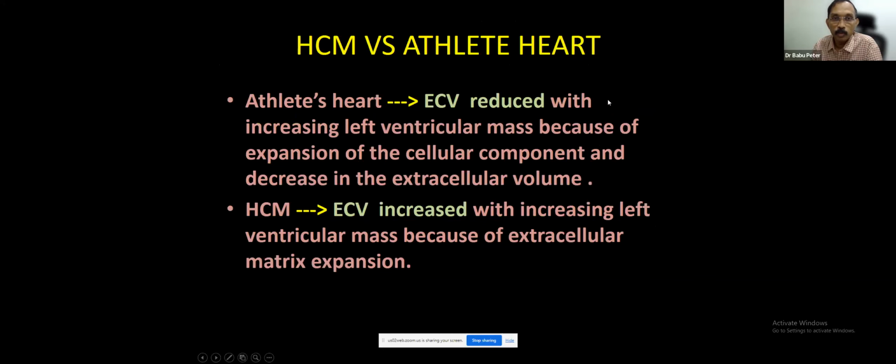And ECV can be used to differentiate hypertrophic cardiomyopathy from another differential diagnosis, which is an athlete's heart. In athlete's heart, the ECV is reduced with increasing left ventricular mass due to the expansion of the cellular component and decreased ECV volume, whereas in hypertrophic cardiomyopathy, the ECV is increased with increasing left ventricular mass due to the